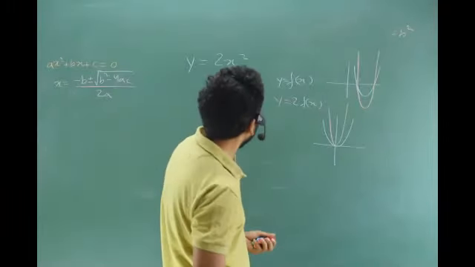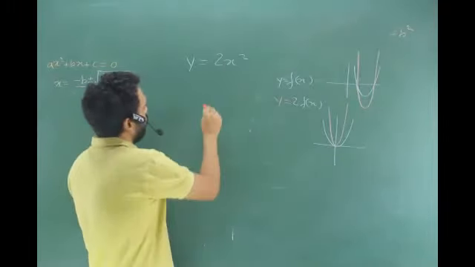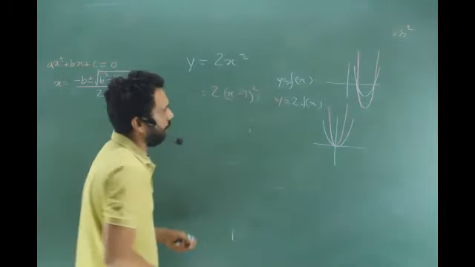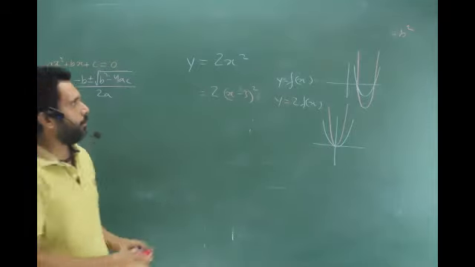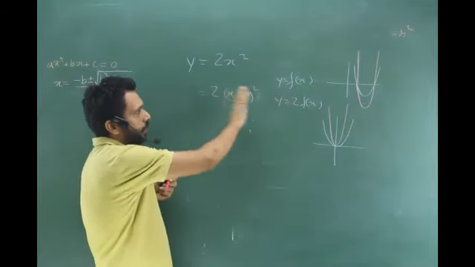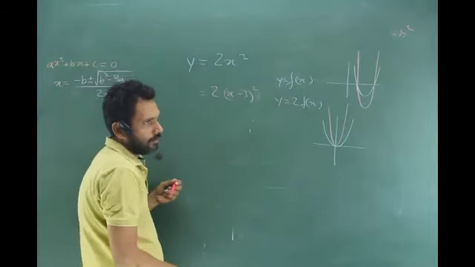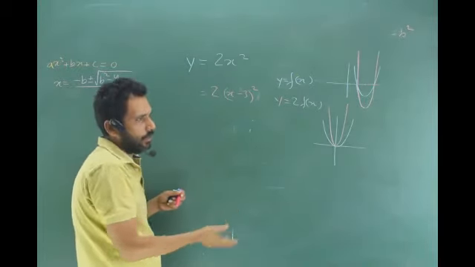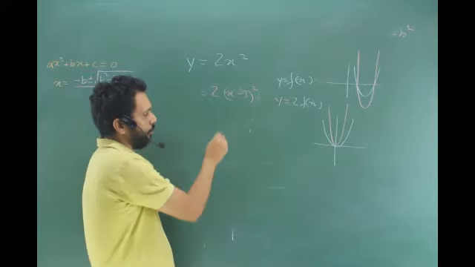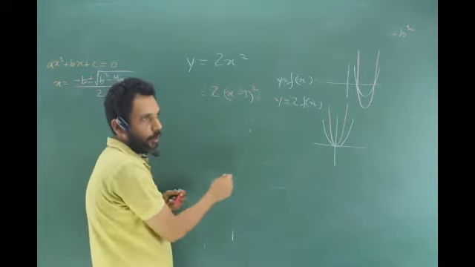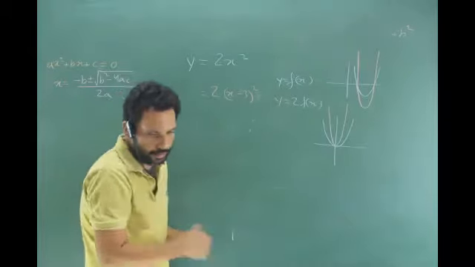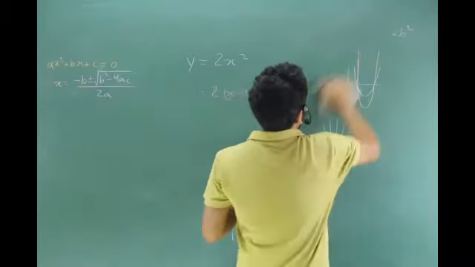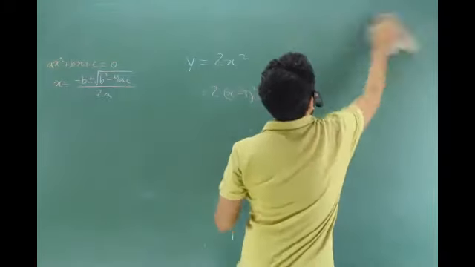Okay. Now, if I say 2x minus 3 whole square, what will it be like? It will be like the 2x square has been shifted left or right by 3, right? So almost the same kind of graph, but steeper. But we don't care about the steepness and all because we are getting hold of those 4-5 points and we have to connect those, right? So not to worry about this 2 thing much.